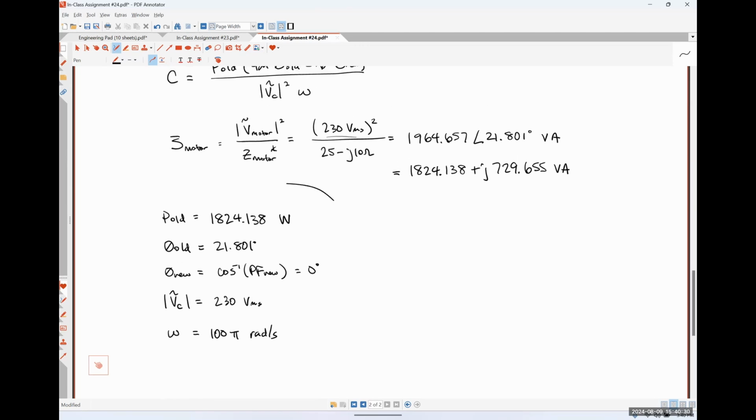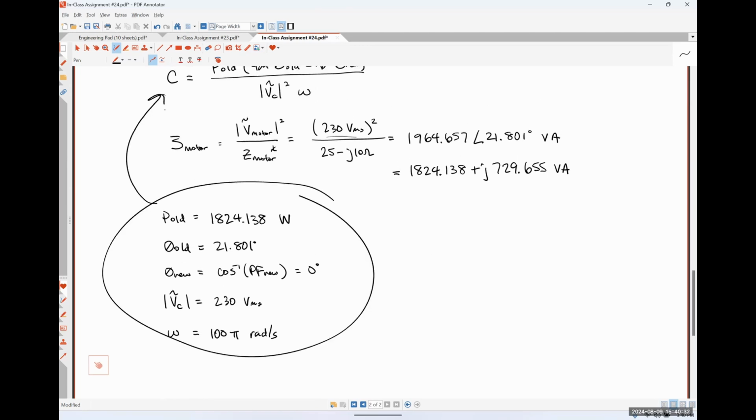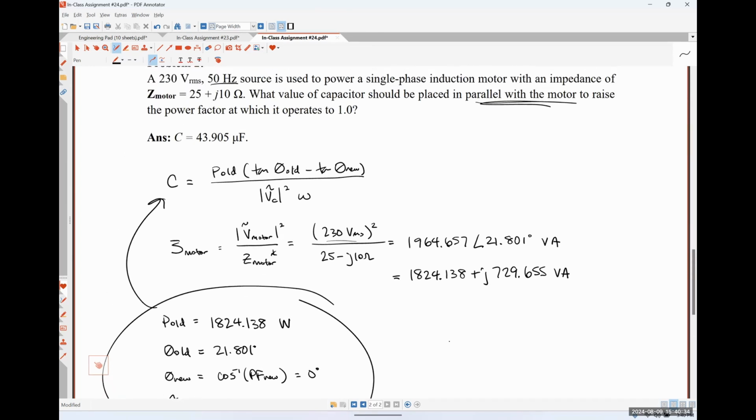And we would simply plug all of this information into our one equation, and I would be flabbergasted if we didn't get 43.905 microfarads. Okay,